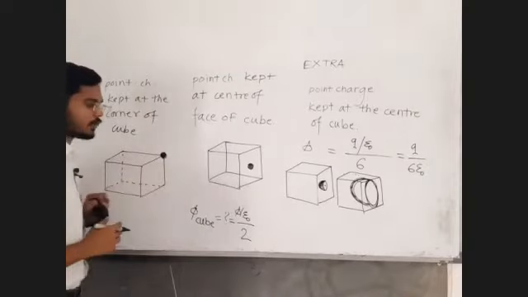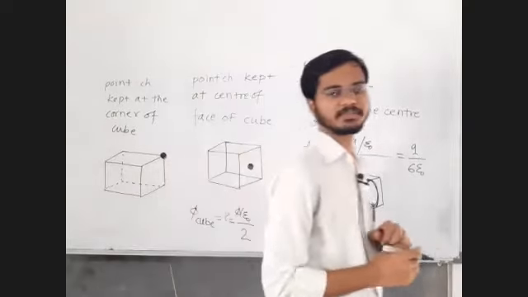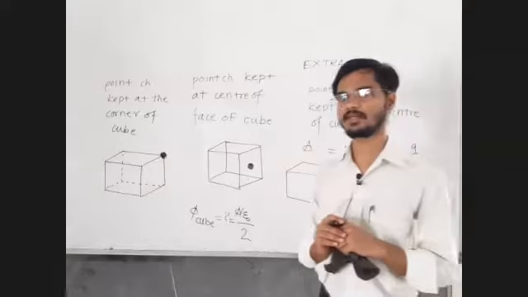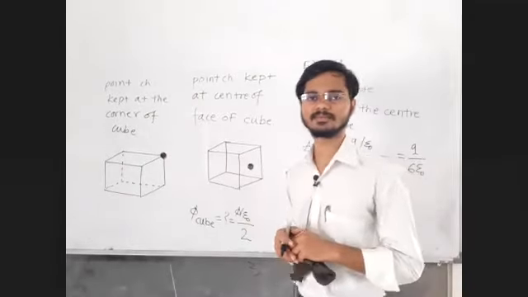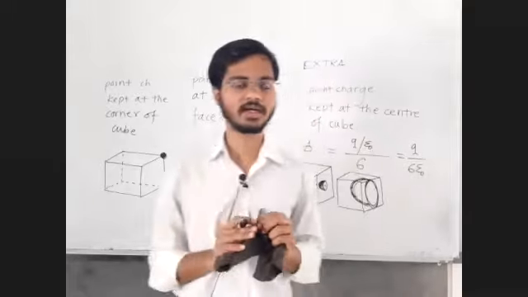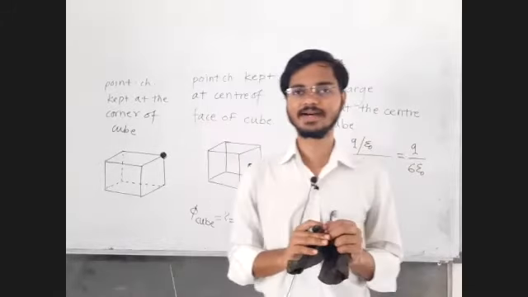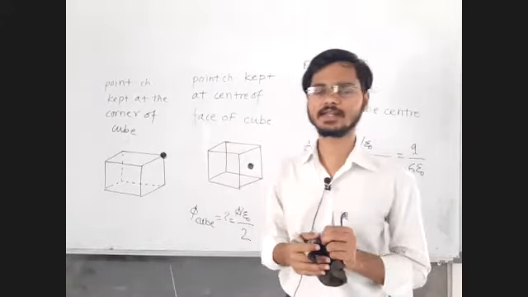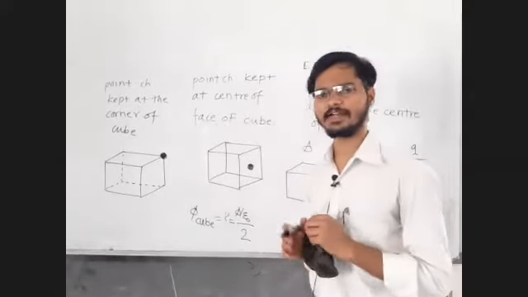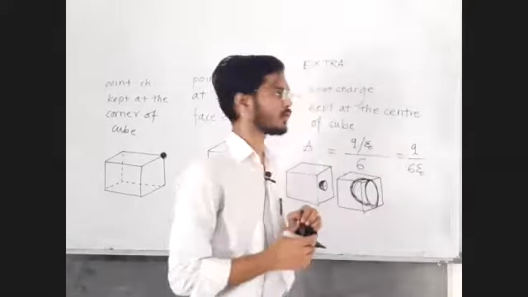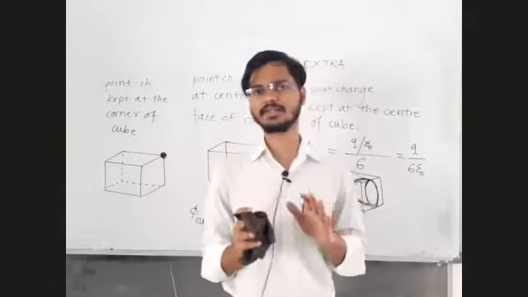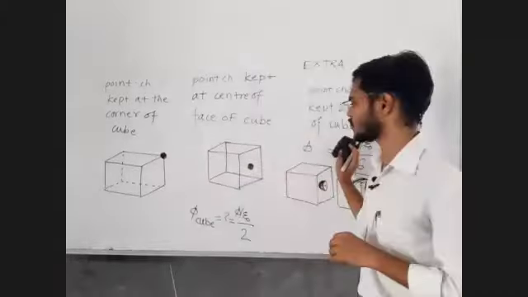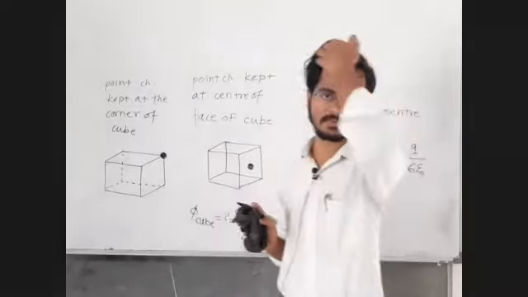Okay. Now let me check how many of you can imagine, or how many of you can give the correct answer, when the charge is placed at the corner of the cube. Yes, Advait, you gave the correct answer. How much charge is enclosed inside? Ansh, correct answer. Everyone try it. Let it be wrong. I will correct it. I will at least say whether this is right or wrong. Okay, this will ultimately develop your imagination.